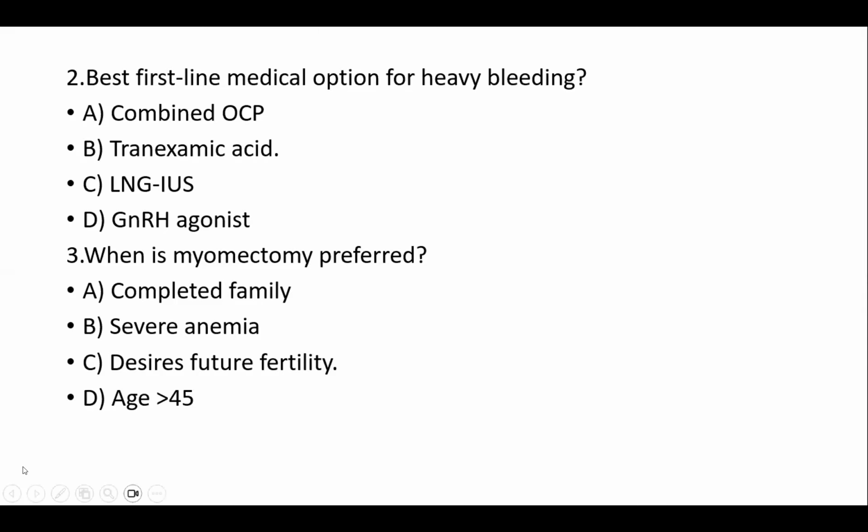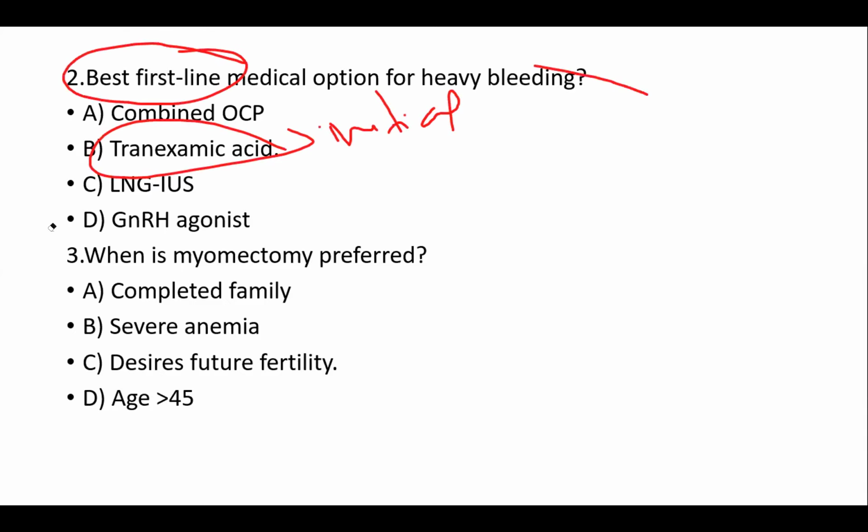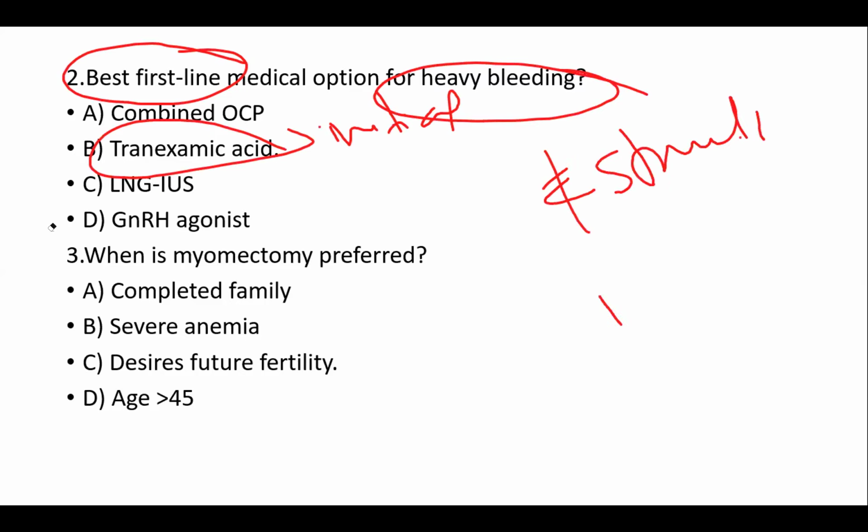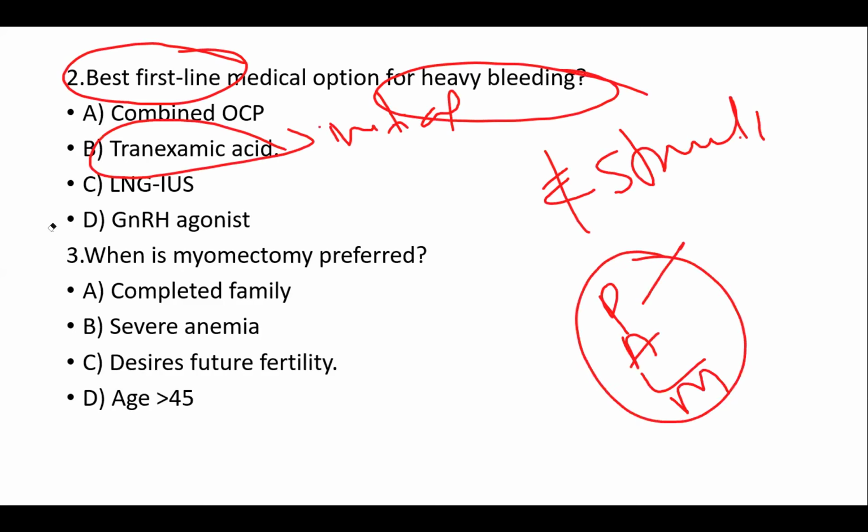That is initial management. But the best option for heavy bleeding without any structural abnormalities, like you have ruled out fibroid, polyp, adenomyoma, leiomyoma, you have ruled out all the structural causes, then the best first line medical management would be